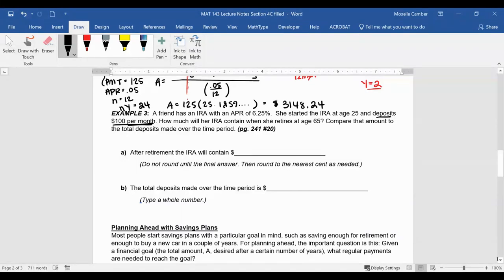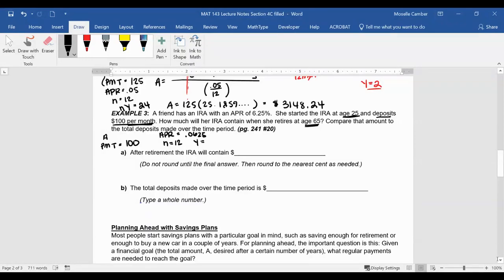So looking at our variables here, again, they're either going to give us A or PMT. In this case, they give us our payment of $100 per month. Then we have APR, which we said was 6.25, so 0.0625. And then N, we are making $100 per month, so my N is 12. And my years, they don't actually tell us the number of years, but it does say she started at age 25 and she's retiring at age 65. So